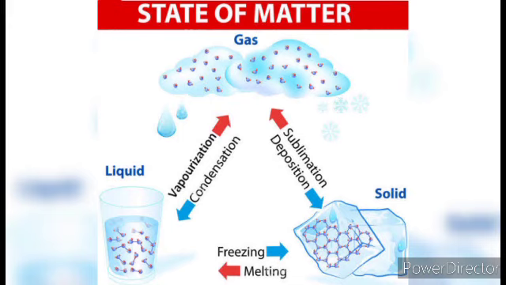Now we have two more things. One is melting, the other is fusion. Melting: the change from solid to liquid phase by the absorption of heat at a constant temperature is called melting, and the constant temperature at which a solid changes to liquid is called the melting point for that respective solid. The next one is vaporization or boiling. Again, the change from liquid to gas on absorption of heat at constant temperature is known as vaporization, and the particular point at which the liquid does this is known as the boiling point.